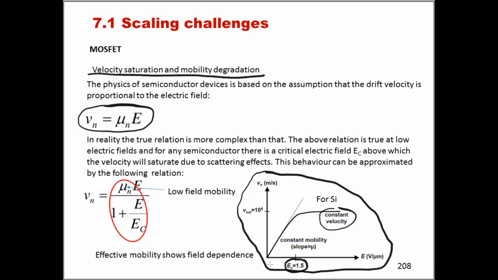Remember that the electric field is the voltage applied divided by the distance across which we are applying this voltage. So in our scaled devices, effectively the electric fields are going up. And so if the electric field goes up, at a certain point it will go above the critical electric field that we just mentioned, and so the velocity will saturate. The velocity of the charge carriers that are drifting because of the applied electric field will actually saturate. And so